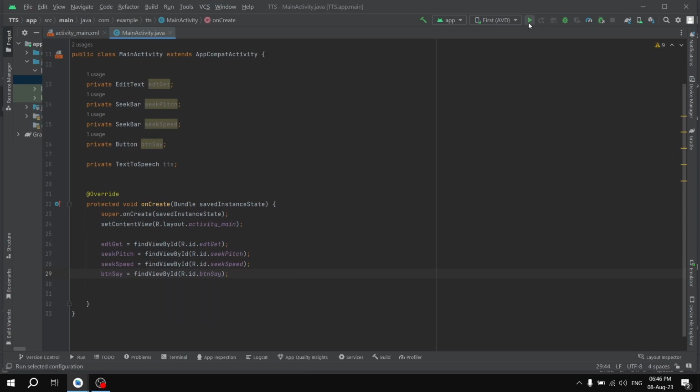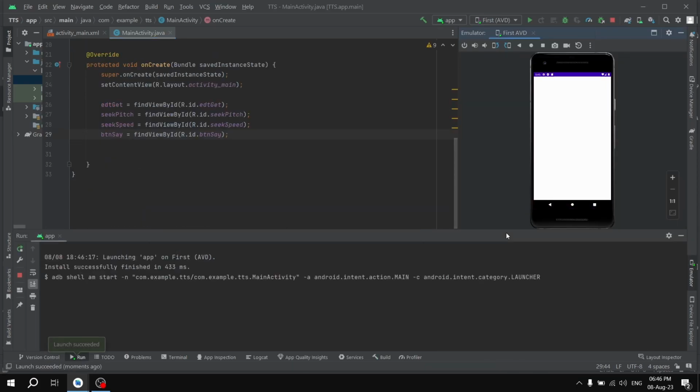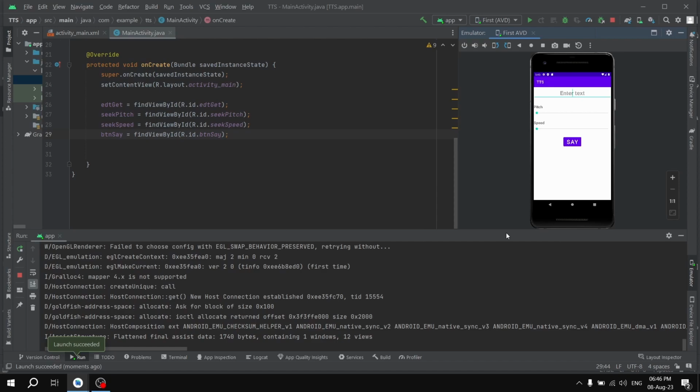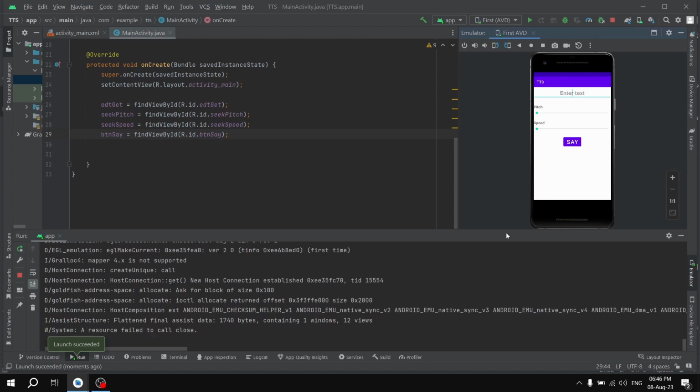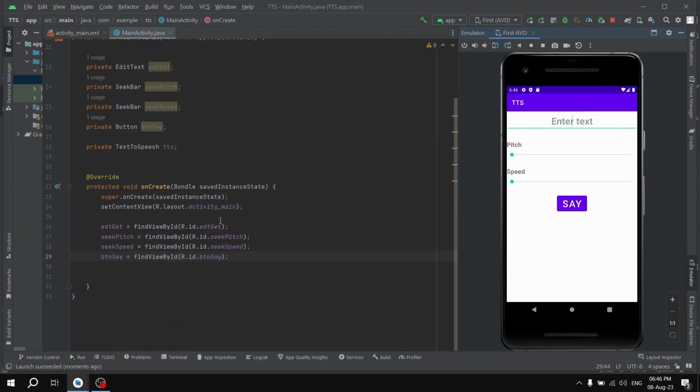And then let's run this application one more time in order to make sure that it's working properly. As you can see now, it's working fine without any errors. And now we are going to initialize our component, I mean the